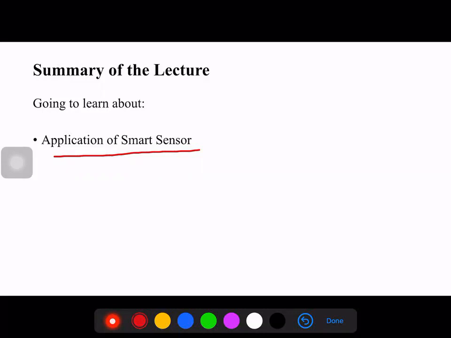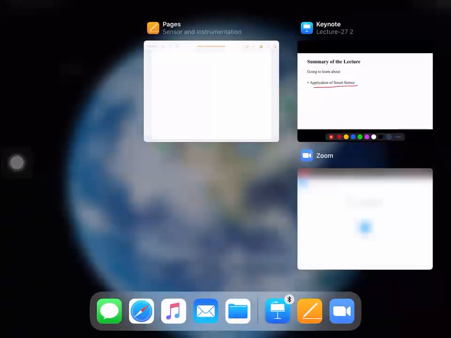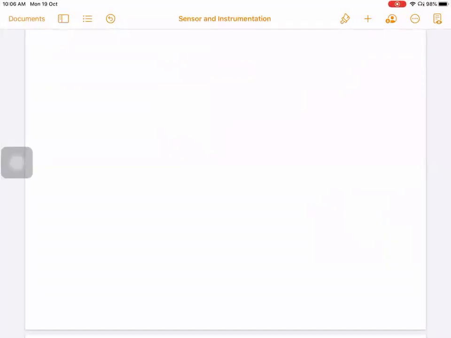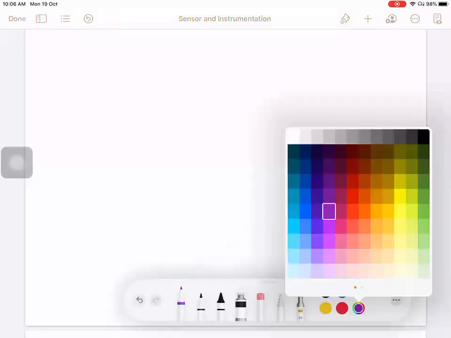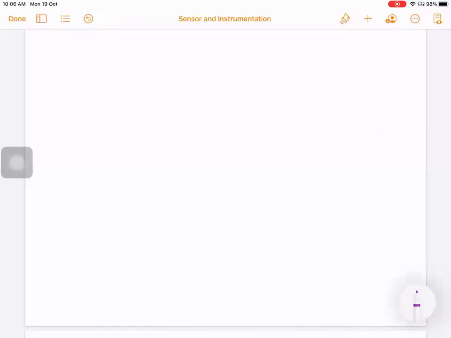Okay, now we will discuss the applications. So let's start with this. Some important points related to this smart sensor. Application of smart sensor. Okay, so till now